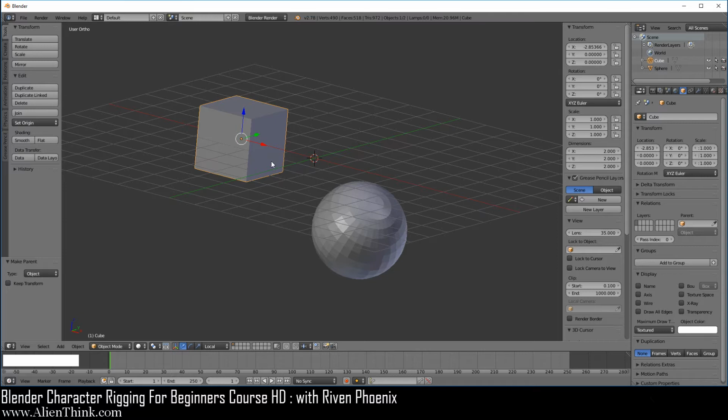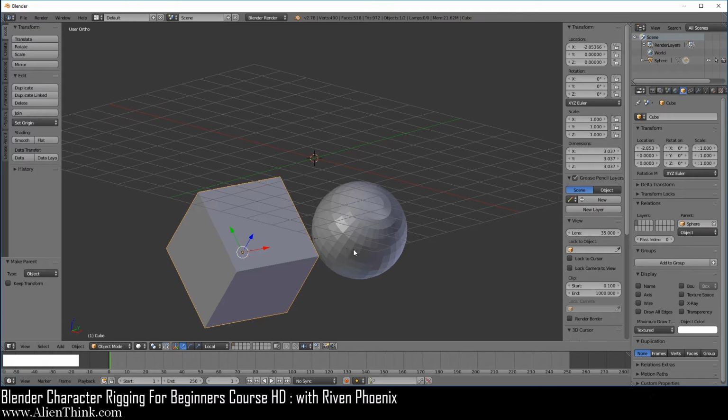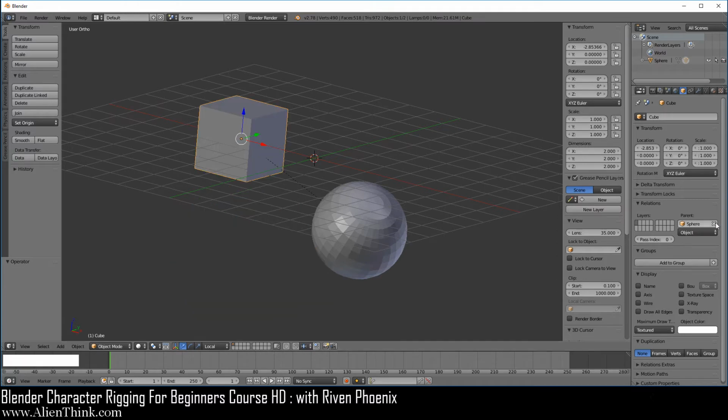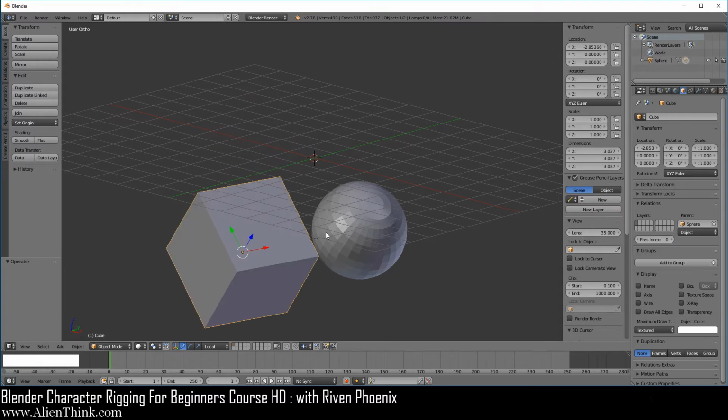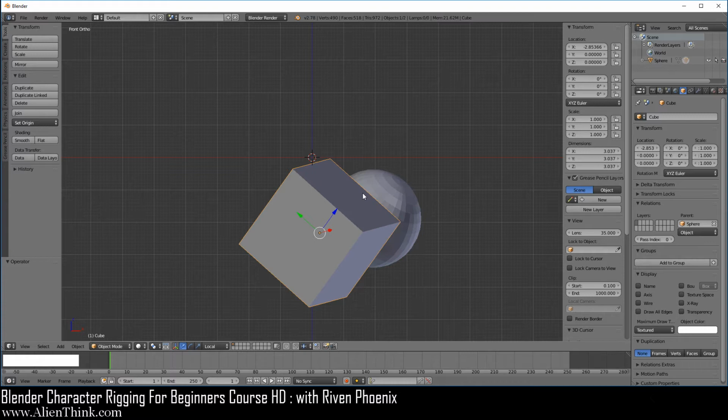So when we do Shift key down and click on this to Control P, the offset is kept at all times. But if we click over here and do it from this menu item over here, it's going to go back. I'm going to Control Z that. So if you X this out and now just click on the sphere, it'll do the same thing. Okay, so that's what's going on.